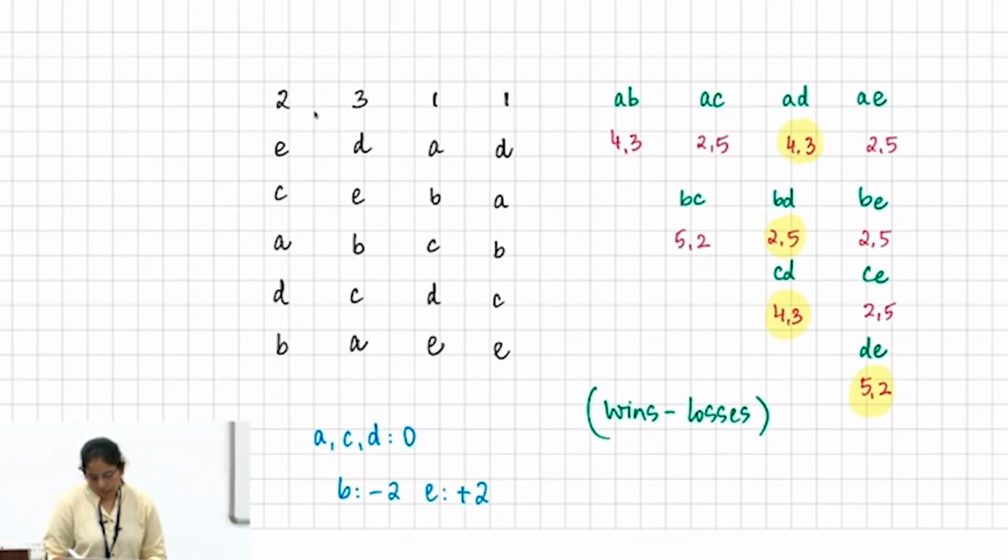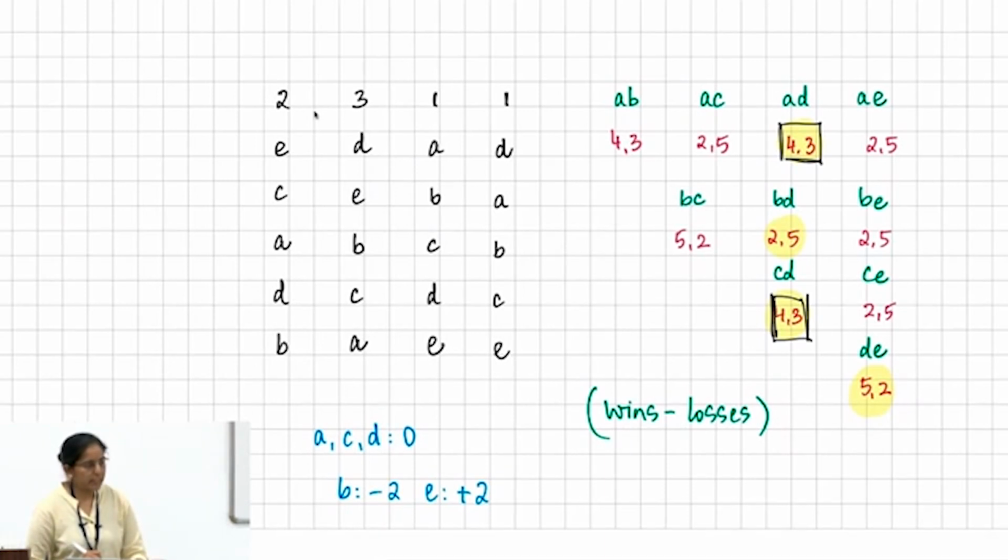As far as A and C in particular are concerned, because of this flip, these fates are going to change. So this 4,3 will now become 3,4, right? Because A has lost one of its supporters relative to D, and similarly C has also lost one of its supporters relative to D. So the 4,3 for CD also becomes 3,4. The other two elections only improve or stay the same by putting D on top. So this is one way in which you can improve the Copeland score of D from 0 to